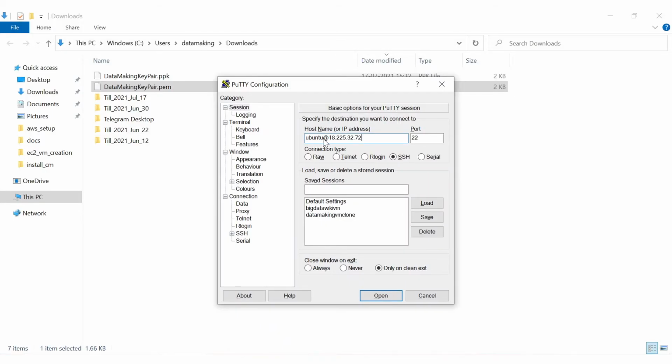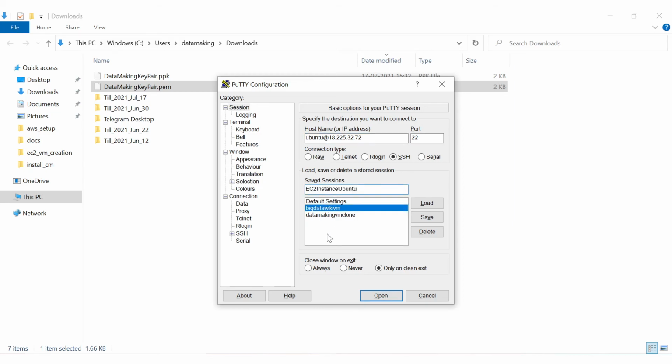Since we used the Ubuntu operating system image, by default it comes with the username Ubuntu. Other instance types will have different users, so choose based on that. That's why I'm using ubuntu at the public IP address.